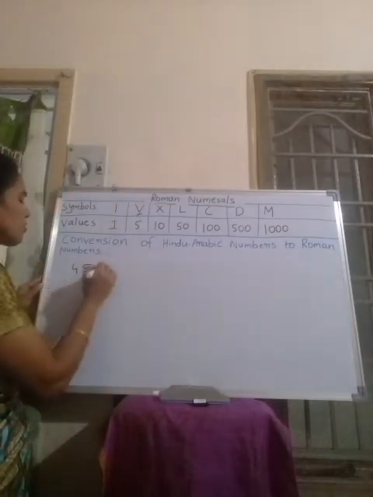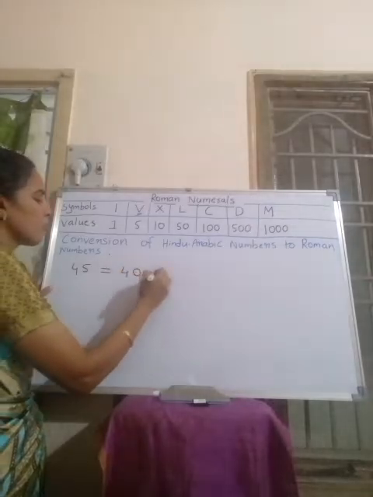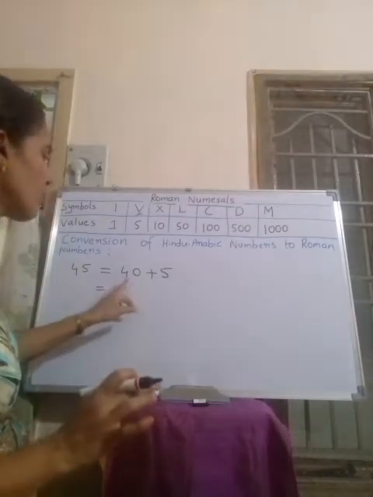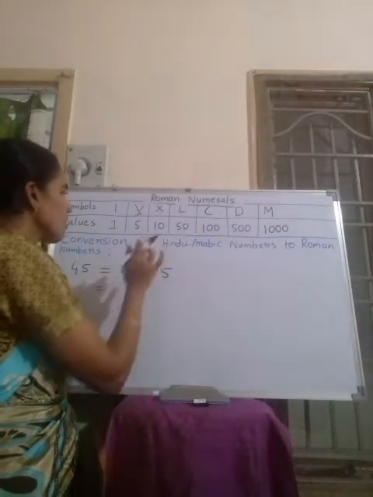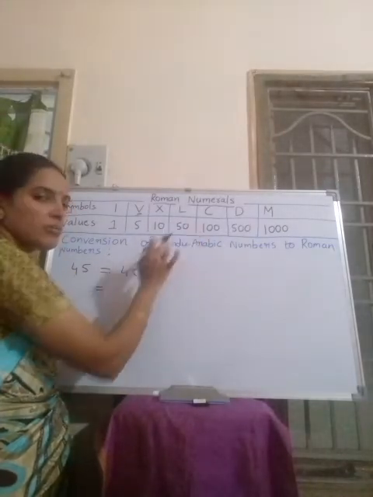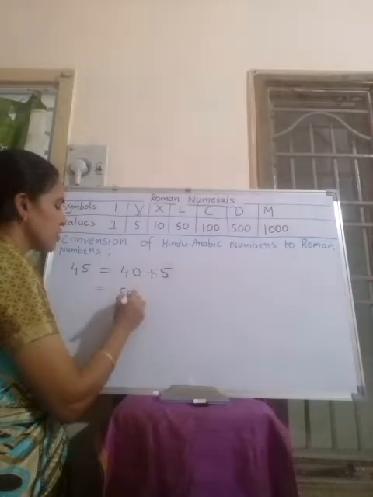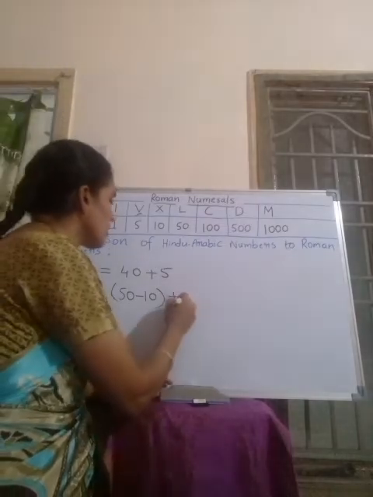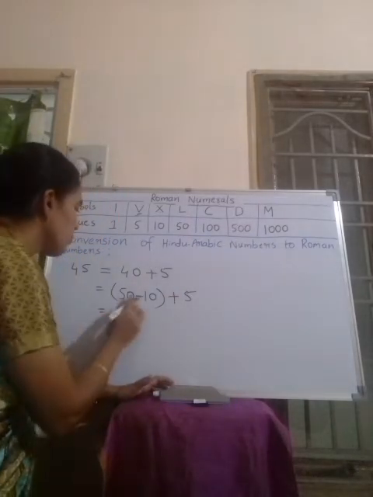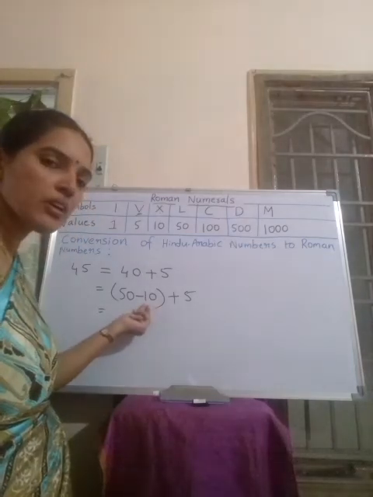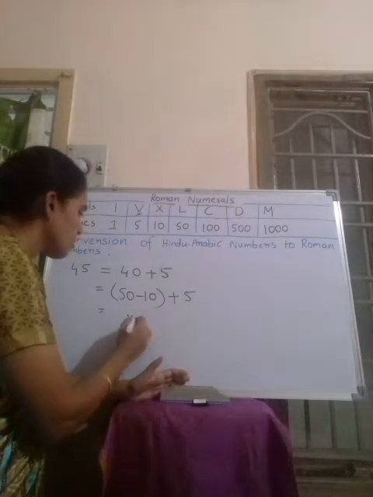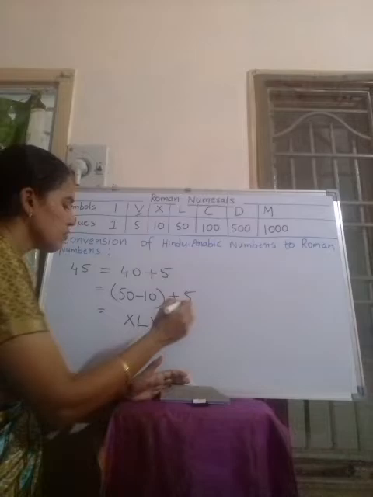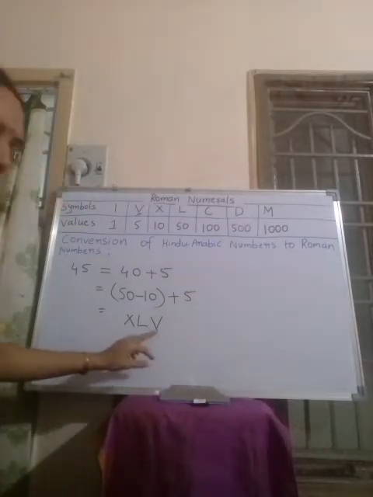45. How should we write 45? Expanded form is 40 plus 5. Do we have a direct symbol for 40? No, the direct symbol for 40 is not there. Therefore we cannot repeat 10 four times. We use the symbol L, that is 50 minus 10. 50 minus 10 is 40, and directly we have the symbol for 5. Minus means which side do we write the smaller symbol? Yes, left side: X, and the symbol for 50, L. X, L is 40, and for 5, V. This is how we write 45.